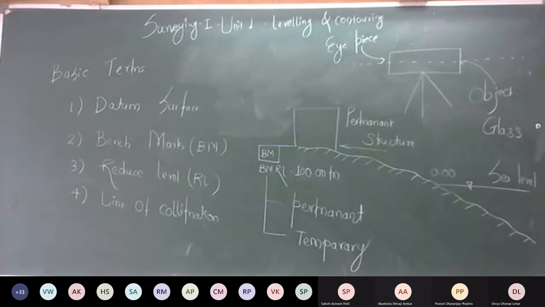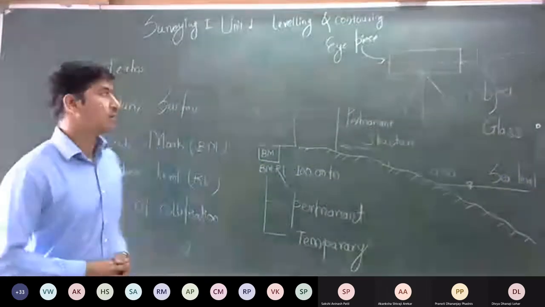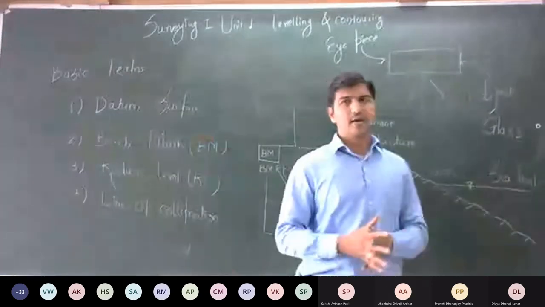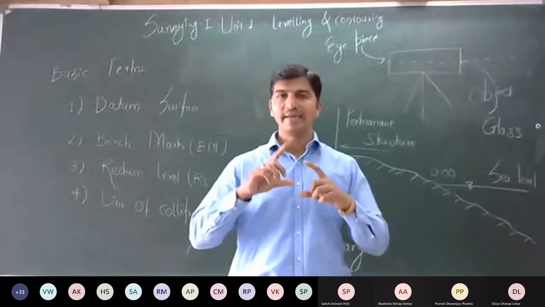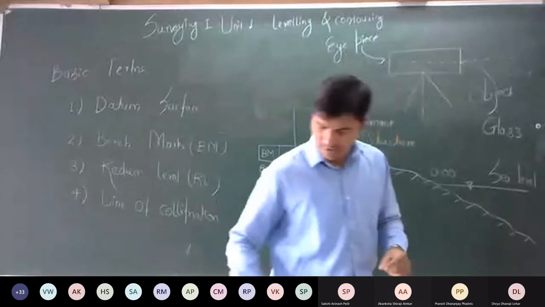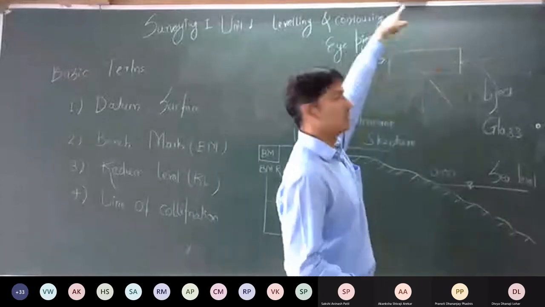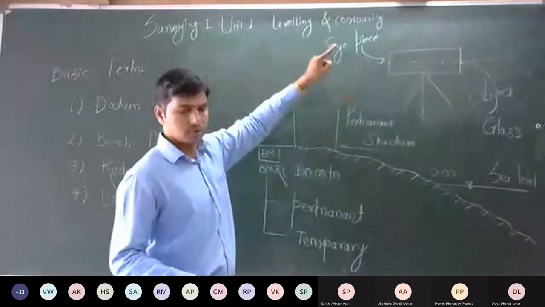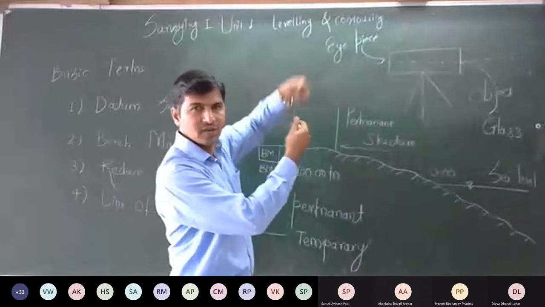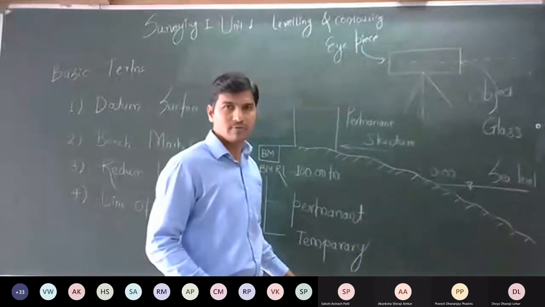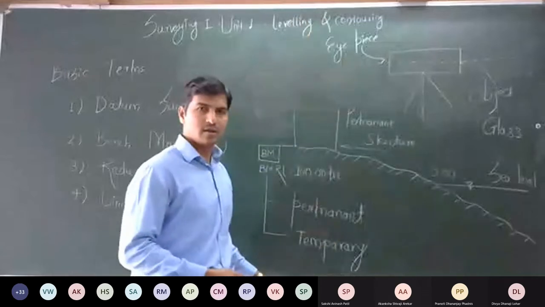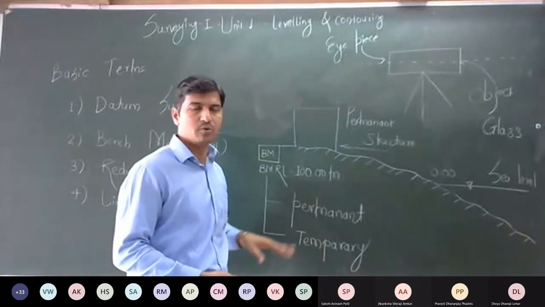Okay, I'll explain the datum surface one more time. Now, second year, what is the meaning of leveling? Leveling is to find out the heights. Suppose I would like to find out the height of this blackboard. What I will do is take a measuring tape. The starting point will be from here and the ending point will be here. So I can say that this is the height of this blackboard.